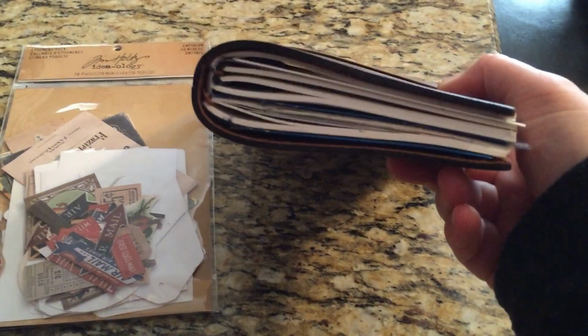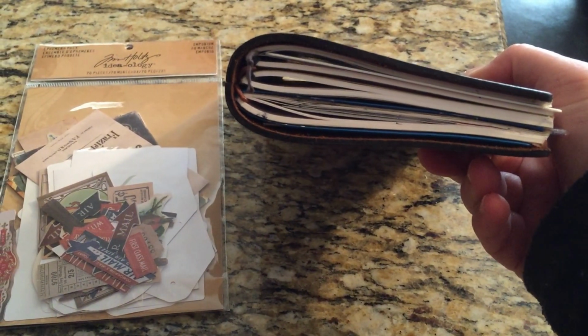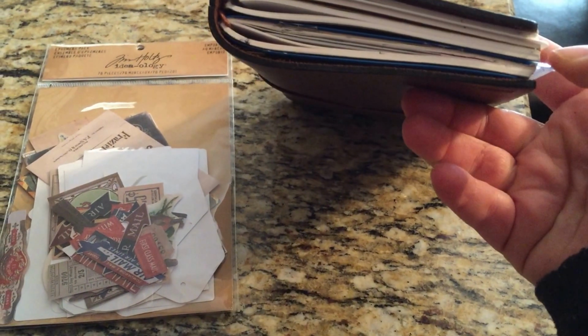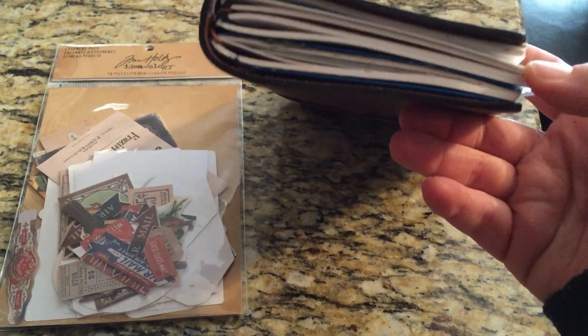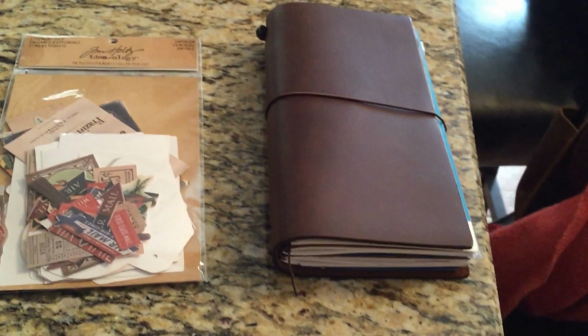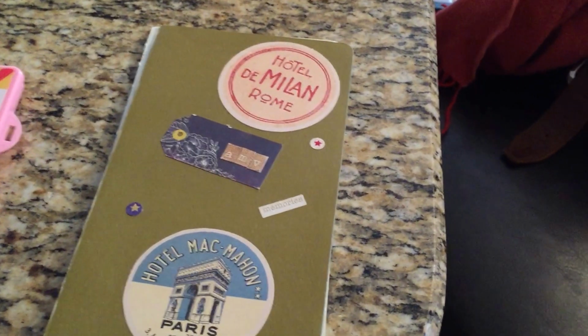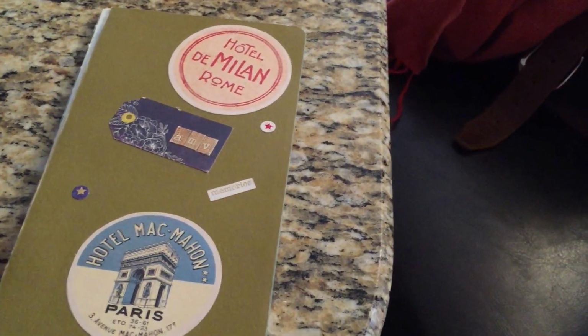Currently, I have 3 notebooks in there, plus the Pan Am pocket folder, and I also have a Pan Am writing board in there, and I really like that. So I did have this notebook in here. This is a Moleskine notebook, and it is the